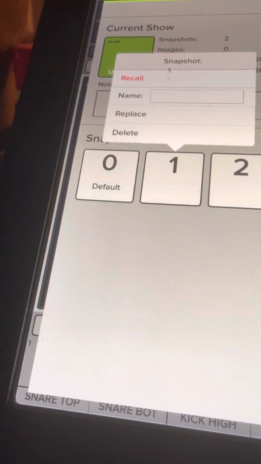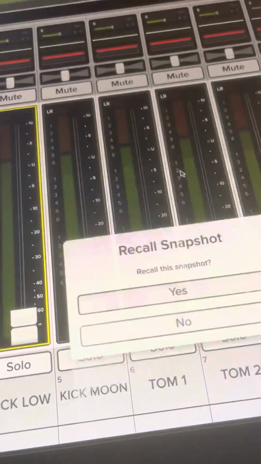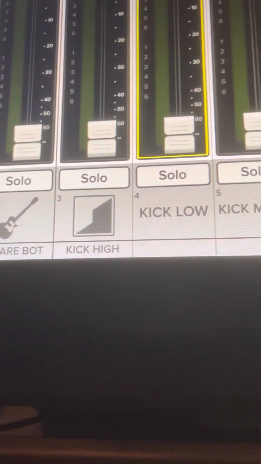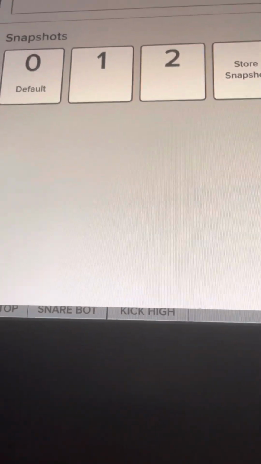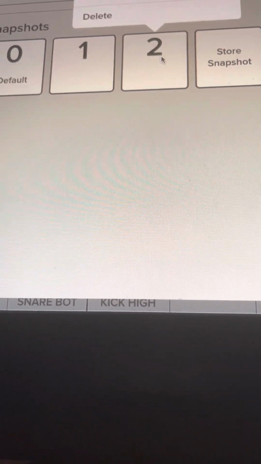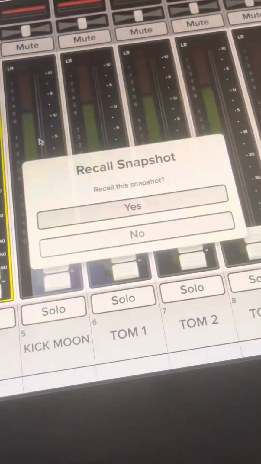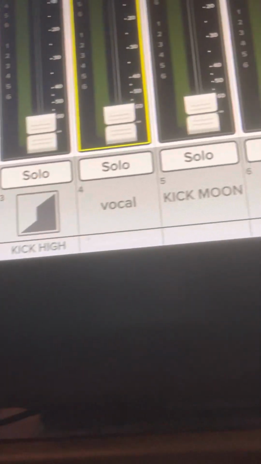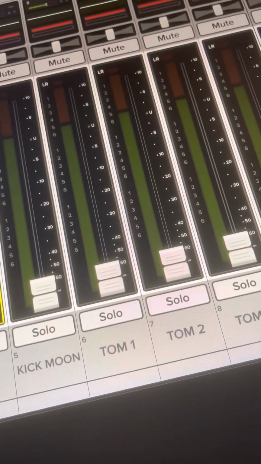So then we can come back, of course. We can come back to 1, recall number 1. Yes, we'll recall that, and there you go. And then if we want to go into number 2, recall that. Yes, and then we've got the vocal bit in. So there's snapshots, and then